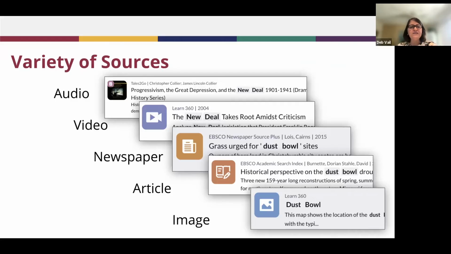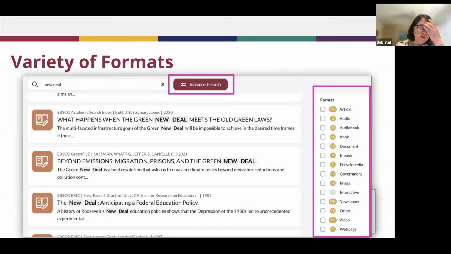So again, as Alex said before, it's important to pull in all of those sources, especially depending on the topic. An image might be better than an audio or whatever. So again, take advantage of Scout's format choices. And I wanted to show you how you're going to find those format options. I went ahead and put my search in and I chose advanced search. And then on the right sidebar, you get some filters that you can apply. You're going to scroll down till you find the format section. And then here you can choose what format you want.